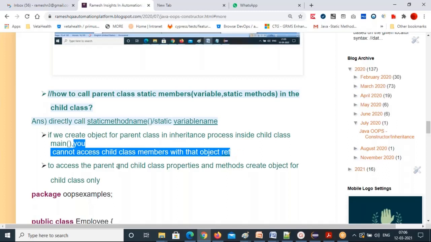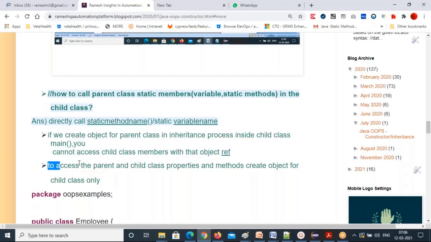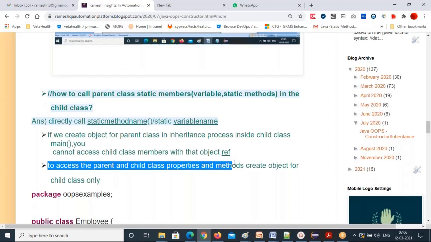Then how can you access both parent and child class non-static members with a single object? Always in the inheritance process, to access parent and child class properties and methods, create an object for the child class only. No need to create an object for the parent class. With that child class object, you can access parent class non-static members and child class non-static members also.